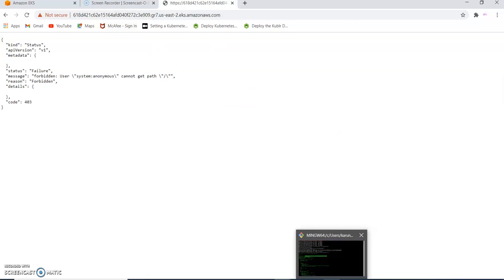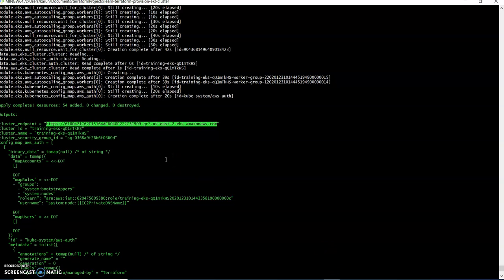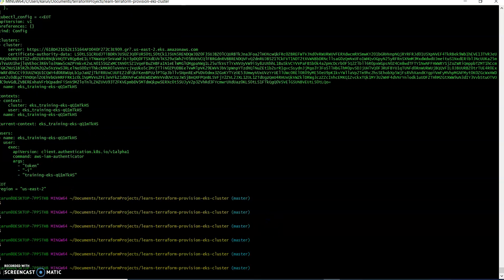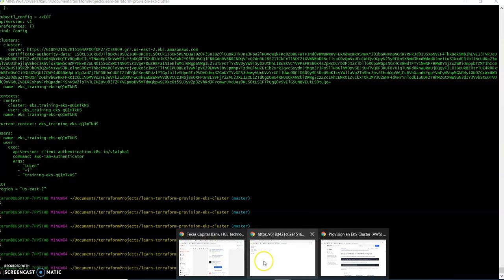You need to have these things ready, like the cluster ID, cluster name, all these things are there. The ARN is there, and then you can see these outputs getting created. So if you go into this